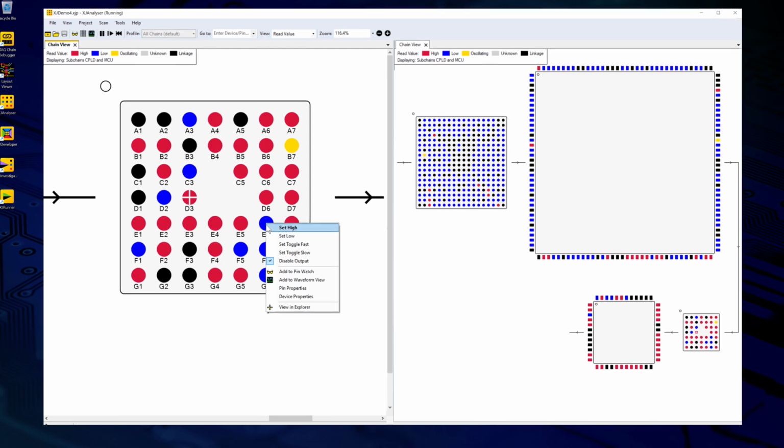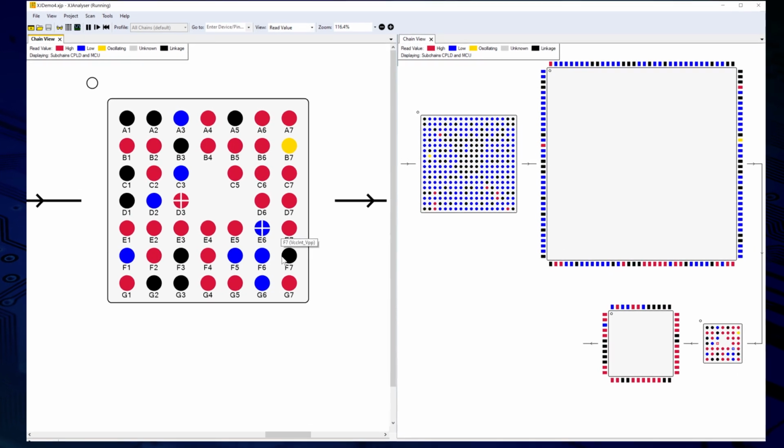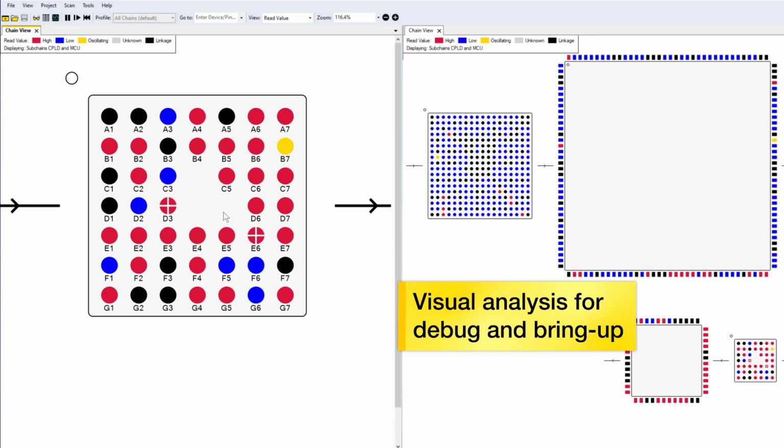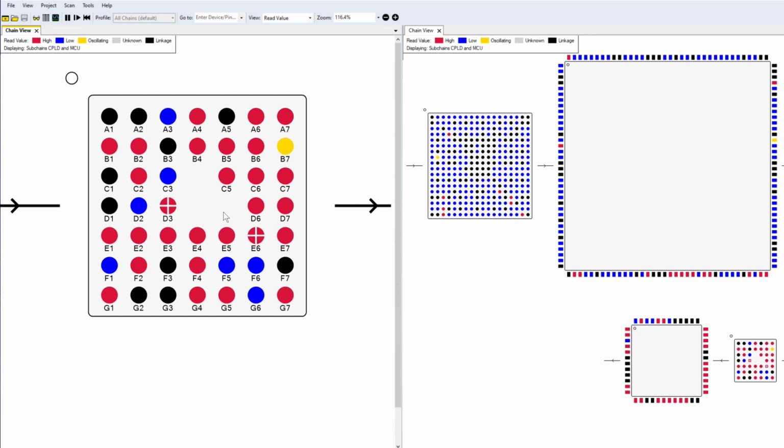Now look at this intuitive graphical representation of your board's JTAG devices. This tool allows you to monitor the pins and to control them with a simple point-and-click interface. It's perfect for your R&D prototype bring-up, as well as debugging faulty boards in production. You can take it as a standalone package or integrate it into other XJTAG software.